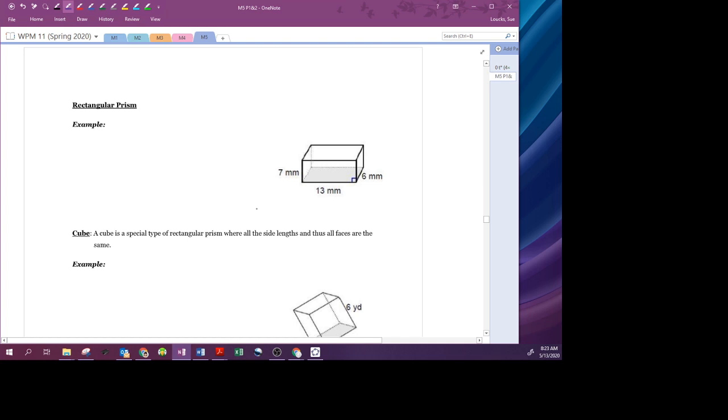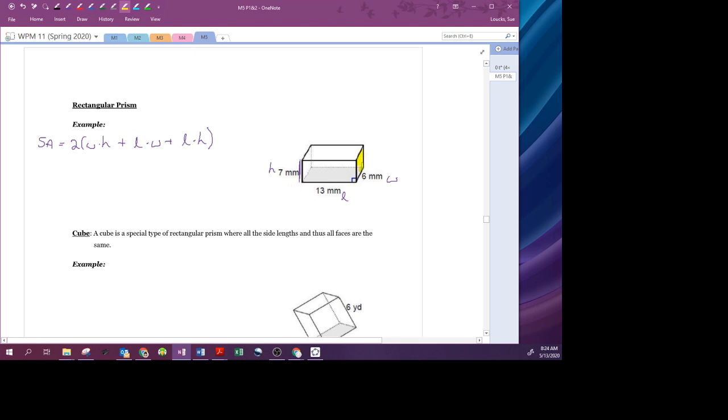A rectangular prism. The formula that we have for that, the surface area is twice the width times the height plus the length times the width plus the length times the height. It's kind of ugly. Let's make some sense of that. Let's label this one the length, this is the width, and this is the height. All right, 7 millimeters is this one going up and down here. All right, so the width times the height